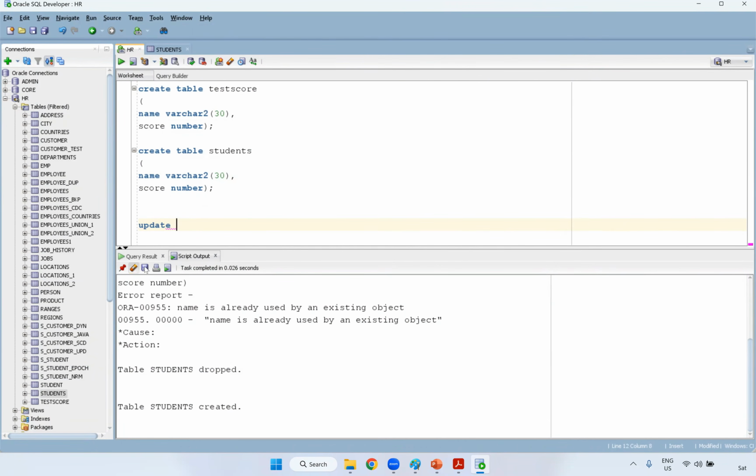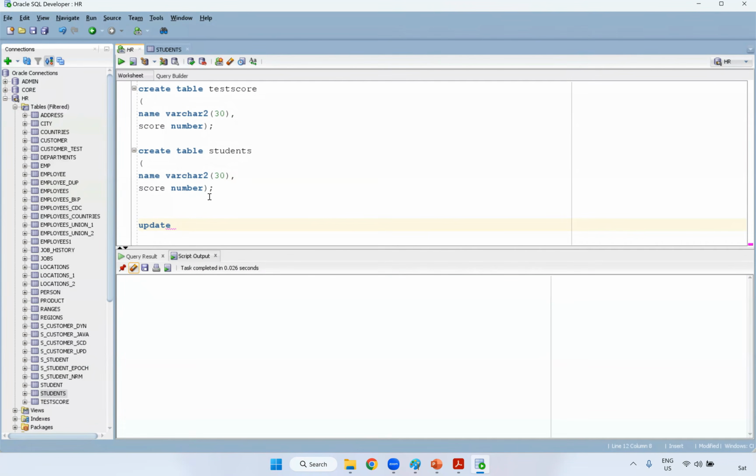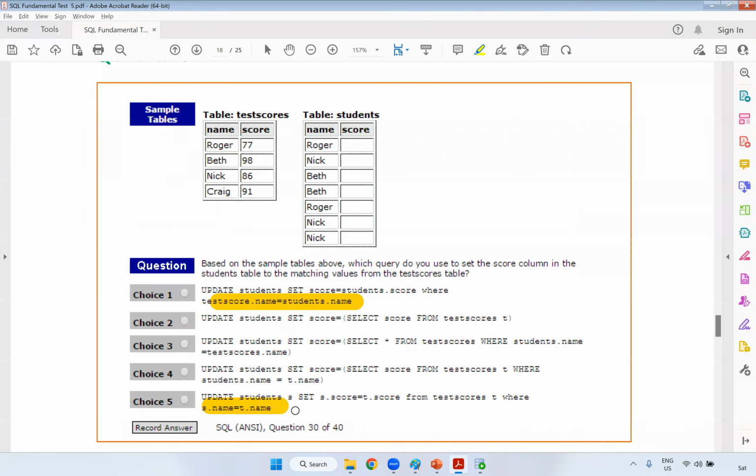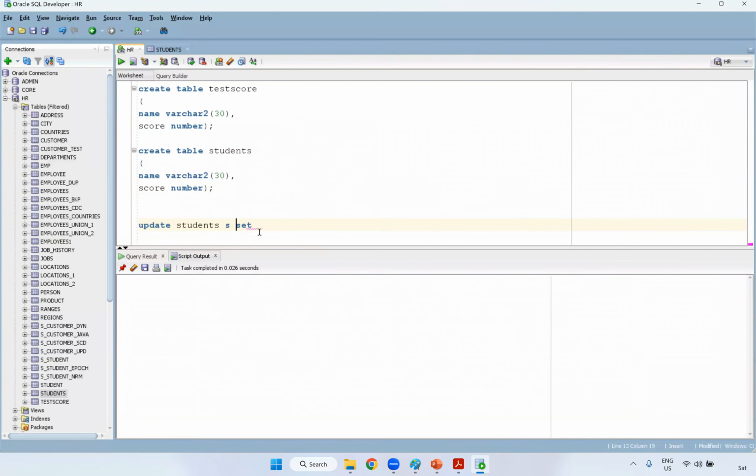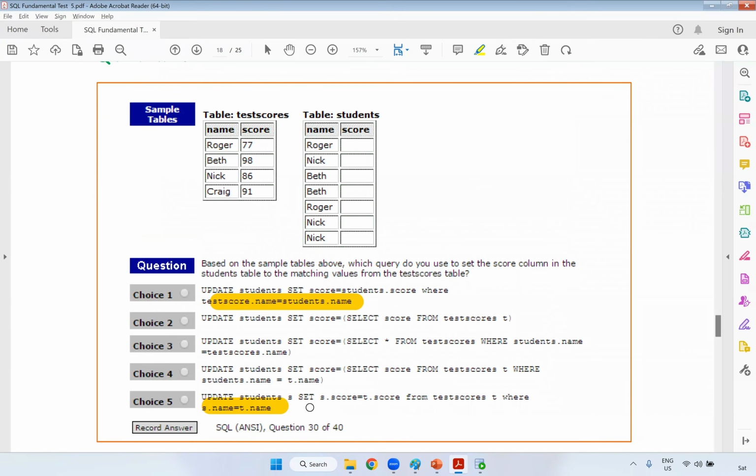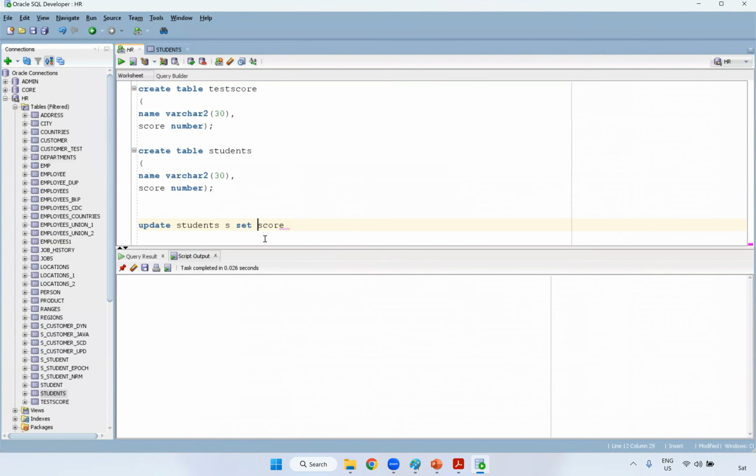Update. We are updating the student table, right? Students. Okay, set which table? Score, we are testing it, right? Student, yes. Okay, we will make an alias name. Set score. That is set s dot score. Yes. S dot score equal to